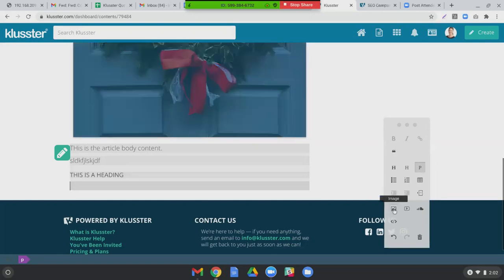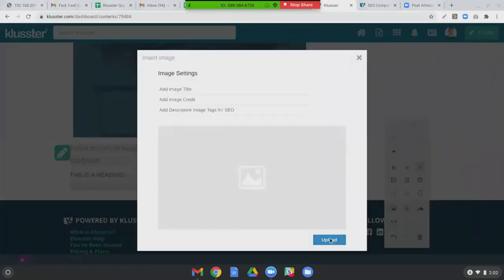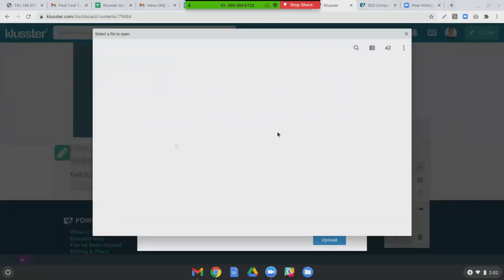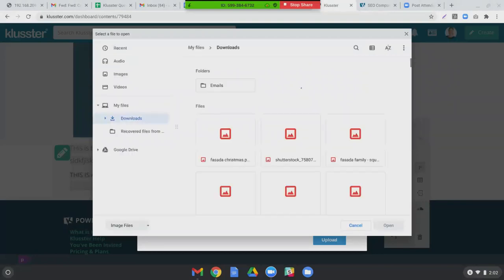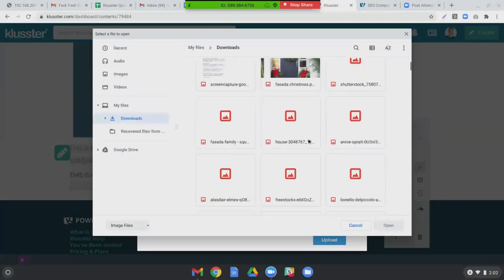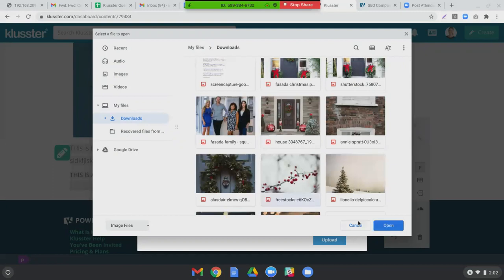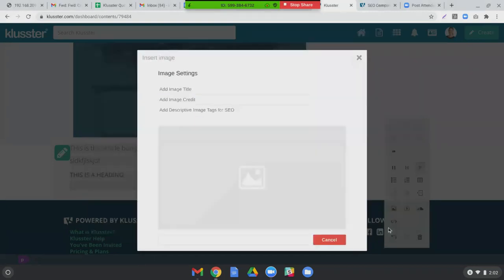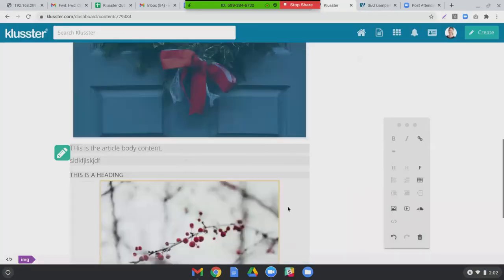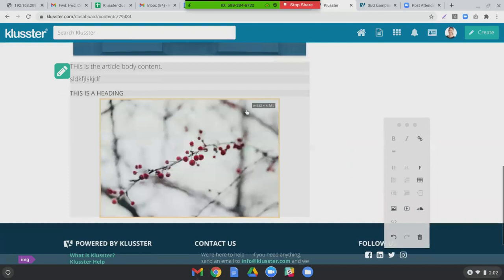I can embed another image, so I can find another image that I like and choose that image, embed it into the body of the article. So I'll pick this image here. That's a pretty winter one. Okay, there it is. I click insert, and there it is now. I might also choose to